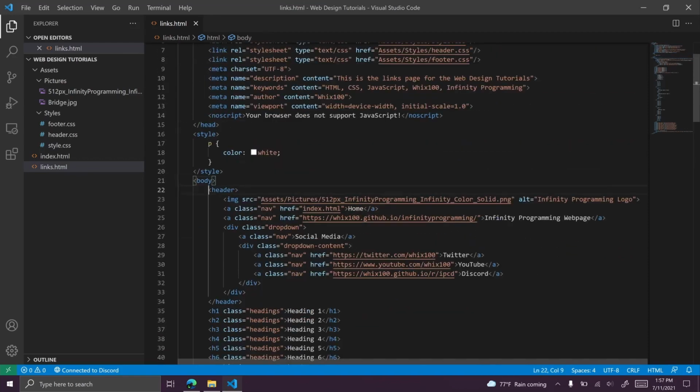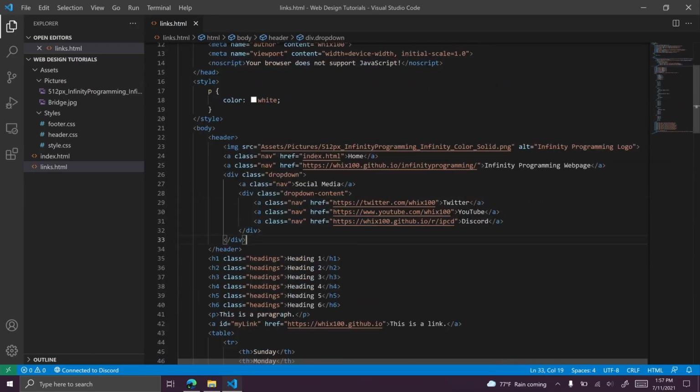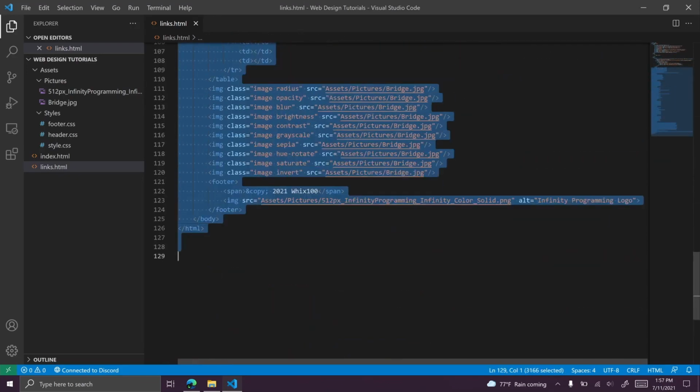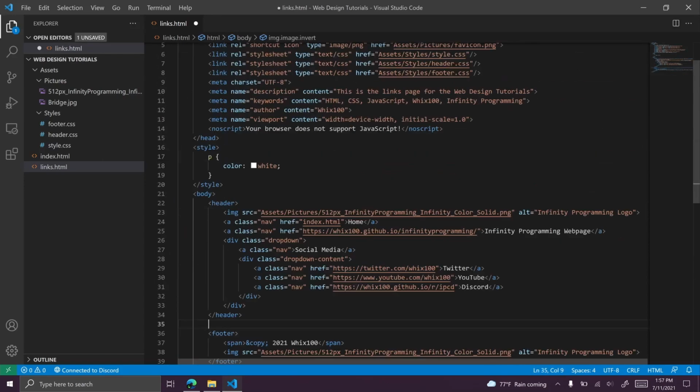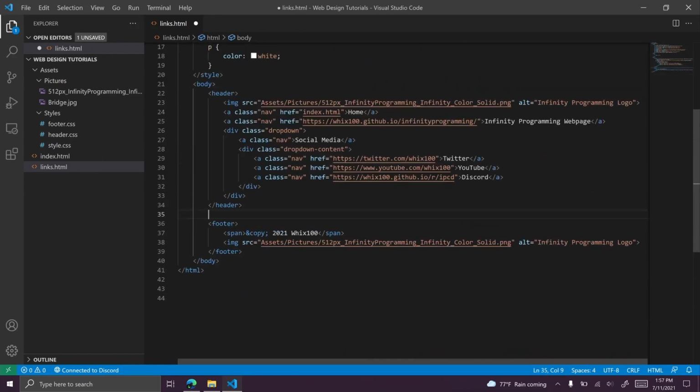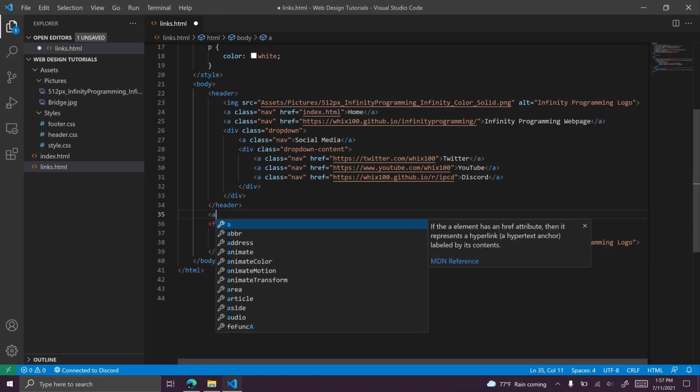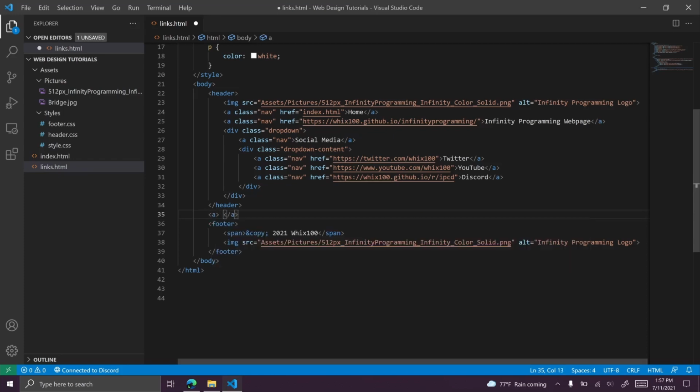So then within the body, actually I want to keep the header. We can delete all this stuff. I am selecting from just underneath the header to just above the footer because I want to keep that. And then we are going to put multiple anchors in so that we can link to other things. So A is an anchor or a link. And then we want to do href equals,